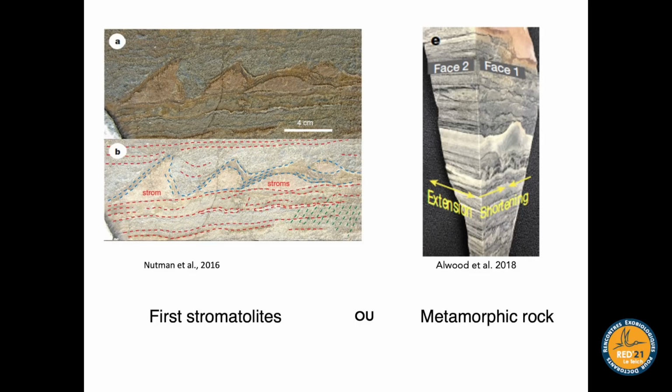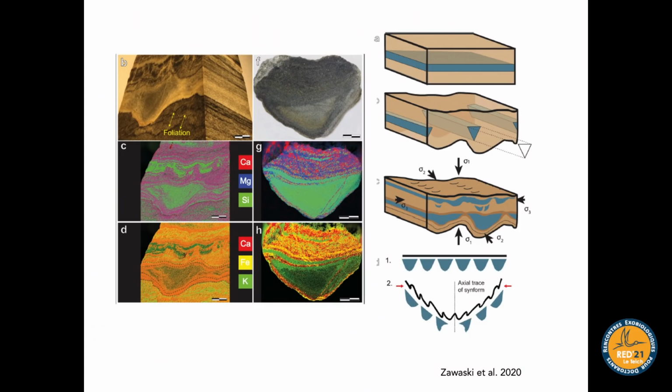So this is the same rock on the right, where you can see the dome on one side of the cut, but not on the other one. On the other one, you see it's a lamina. When you cut a stromatolite, which is a 3D object, you will have the morphology in all directions, independently of where you cut. And also there was this recent study published by Zawadzki last year that has reanalyzed